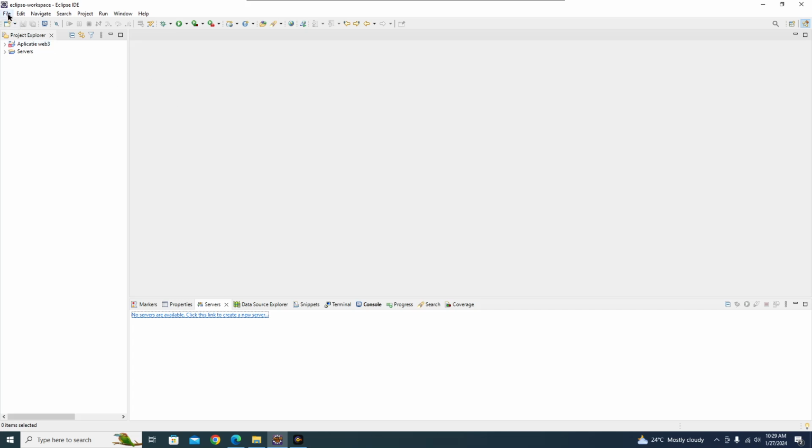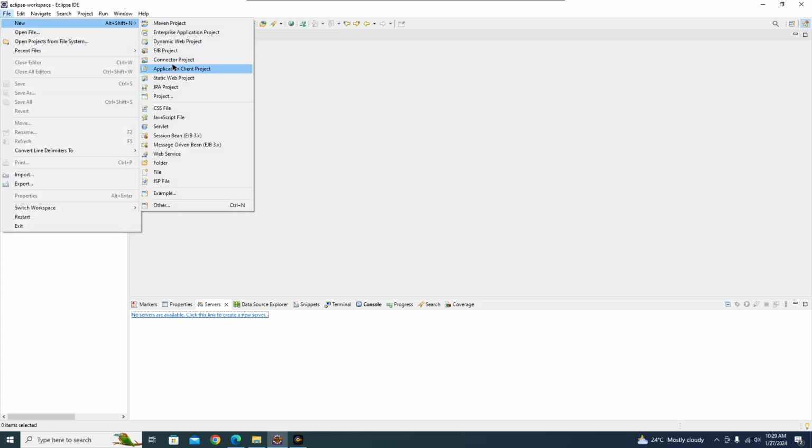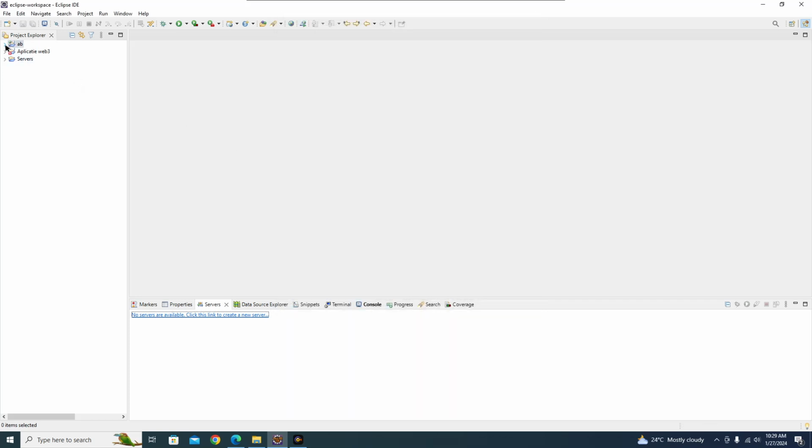You just have to click here on file, new, dynamic web project in order to create the application. Name it however you want, and just click here on finish. You just click the arrow here, the arrow from Java resources, main Java,